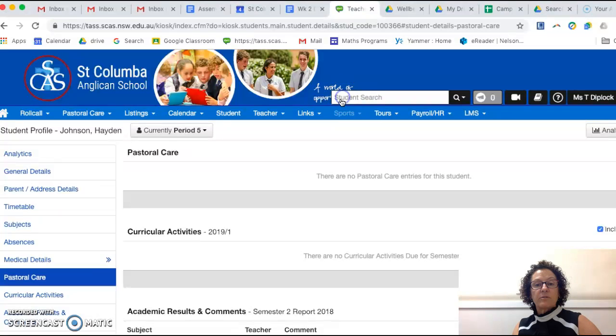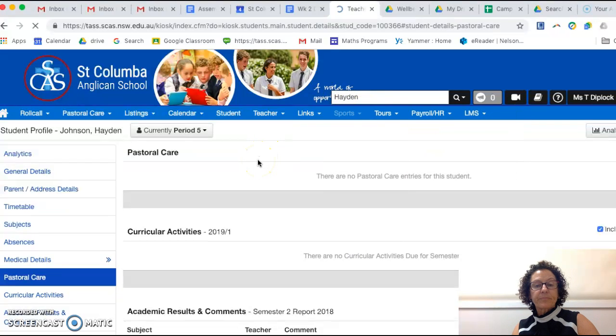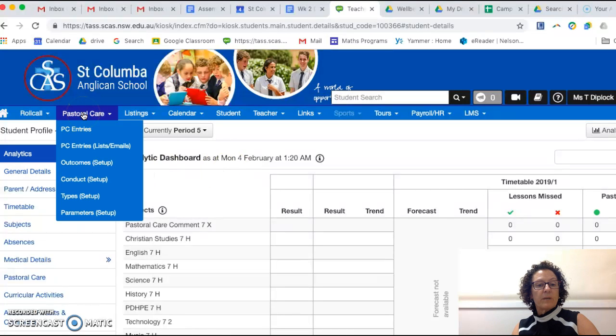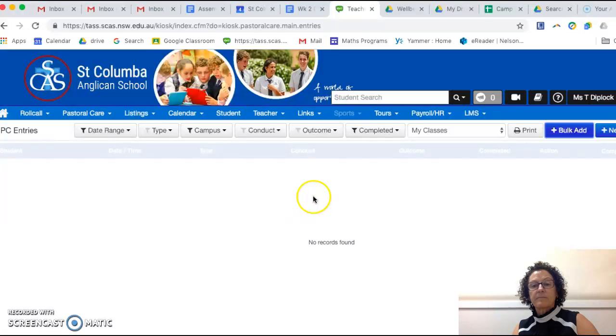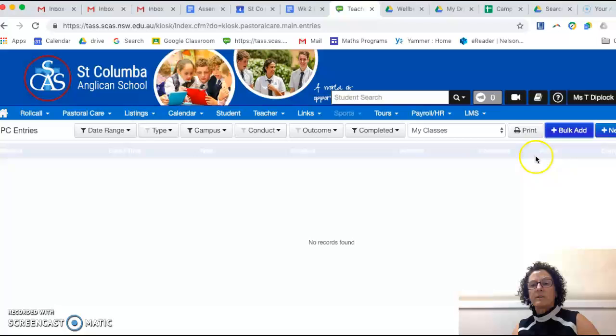So you go to the top of the screen, you search for a student. For example, if I choose Hayden Johnson, once you get to his profile, you go to a pastoral care entry. So you would not enter this normally as you would a pastoral care issue. So pastoral care entries. Oh, wait a minute. So there's no records found. So there's none there. So you would need to add new. So new,